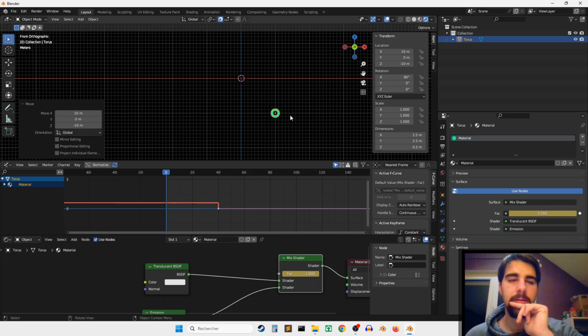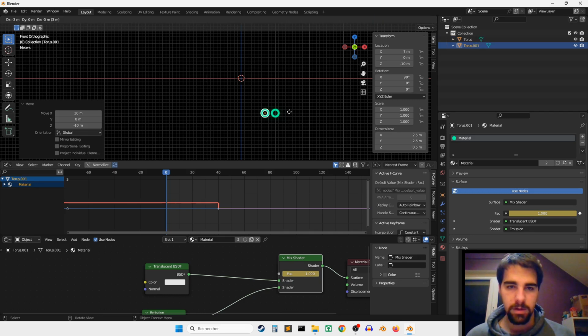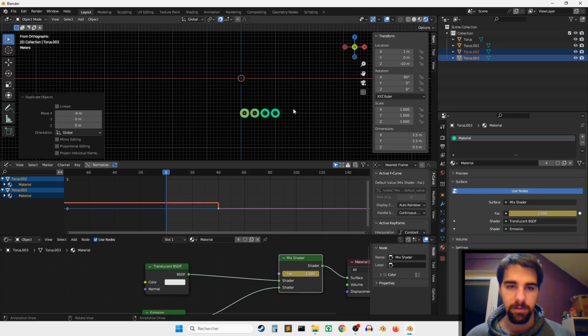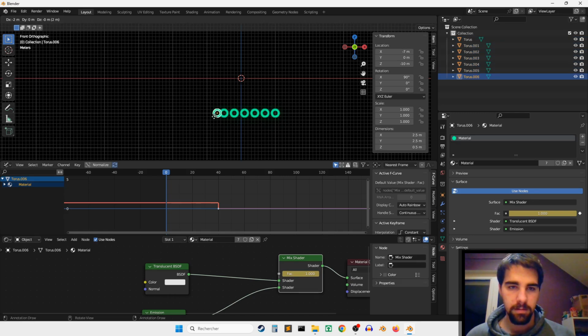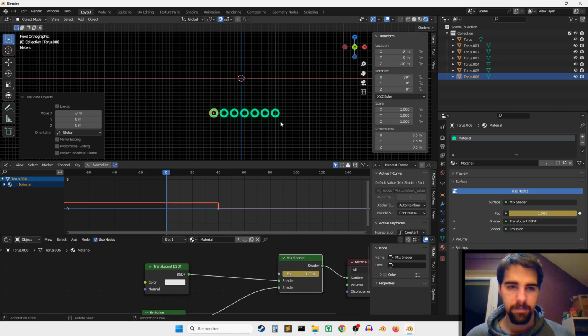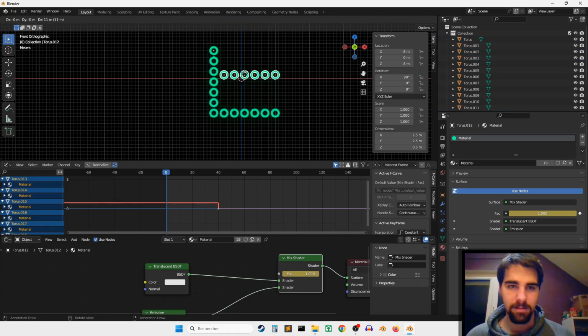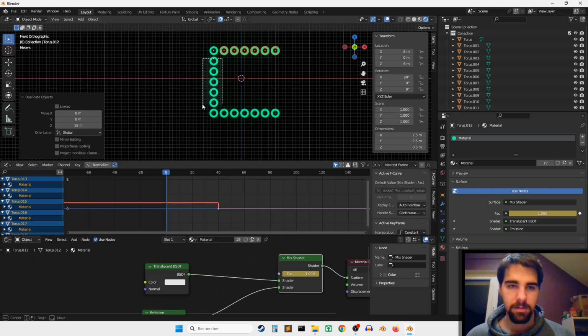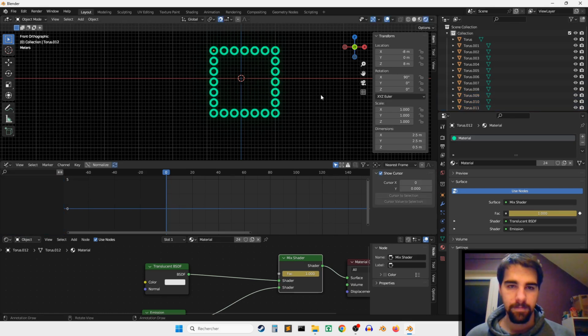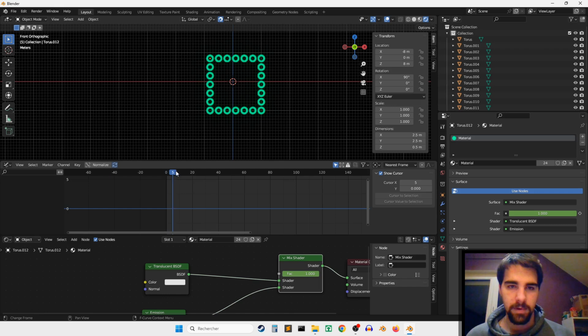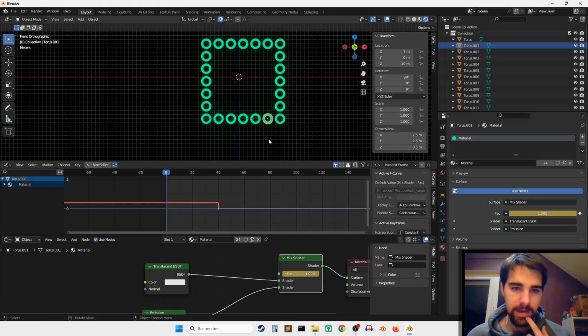Shift D to duplicate, select those one, Shift D again. Shift D, Shift D. And now they are all doing it at the same time, so what I want is